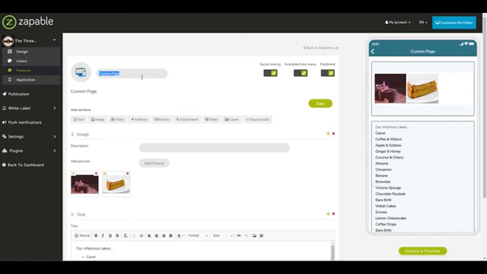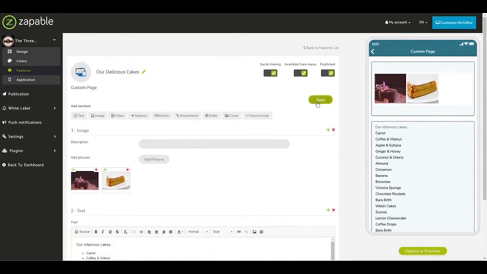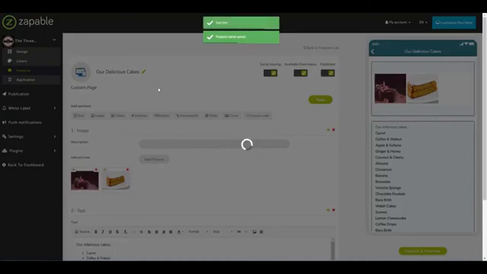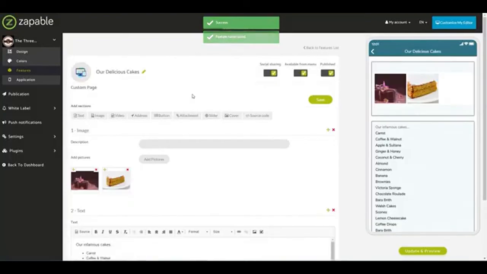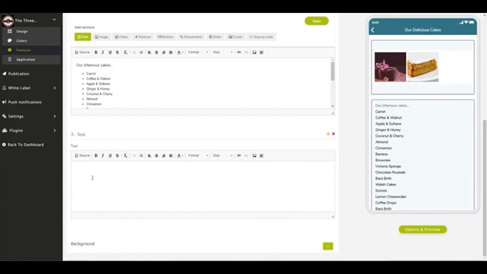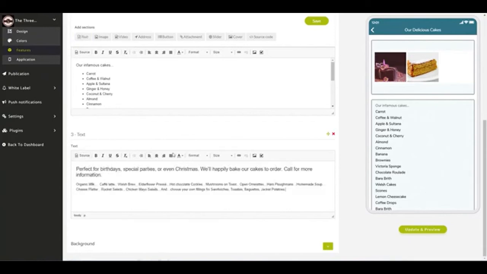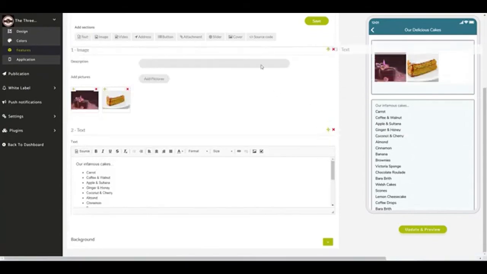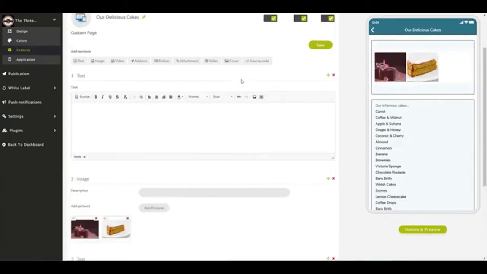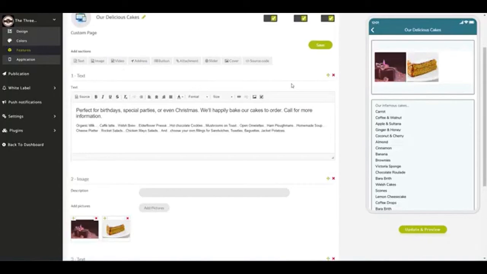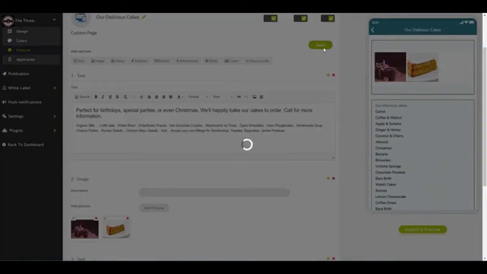Let's change the details here to our delicious cakes. Let's hit save, so we can rename that. And I'm going to add a text section. We're just going to add it to, by default at the bottom, but I'm just going to paste in that information, and then I'm going to move this text section at the top because I want this to be dominant on the page. It's the first thing that they see. So now if I hit save,